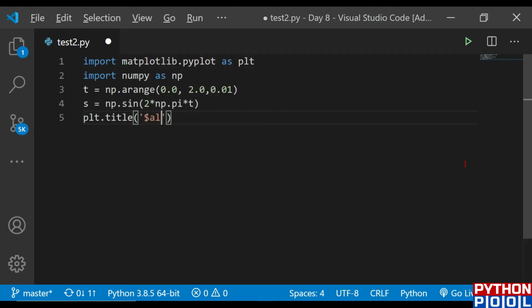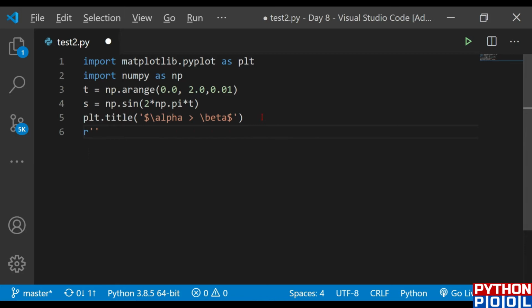dollar, backslash alpha. Alpha means the alpha sign. So basically what Python would execute would be nothing but the alpha sign, and backslash beta would be the beta sign. And then I end the dollar here, so Python understands that I'm going to print the equation here, and the backslash lets it understand that it is a sign. Okay, so I'm going to set the title as alpha is greater than beta, and then I'm going to render it as text.